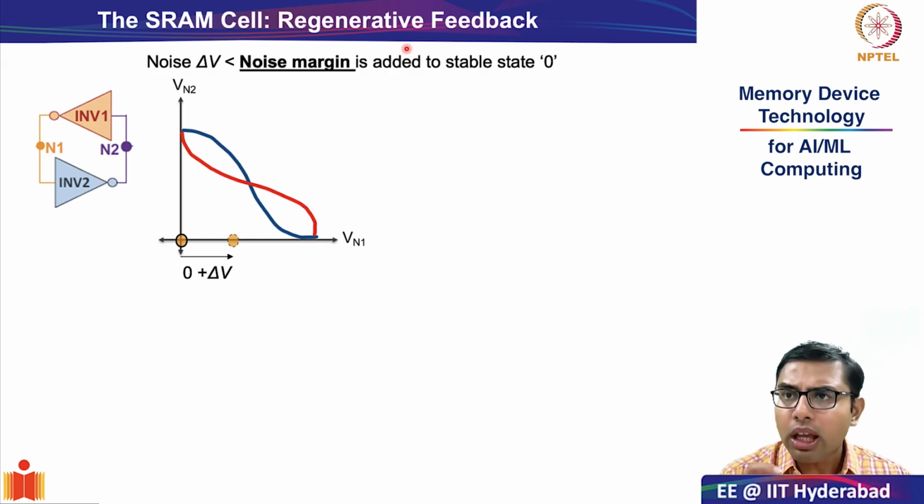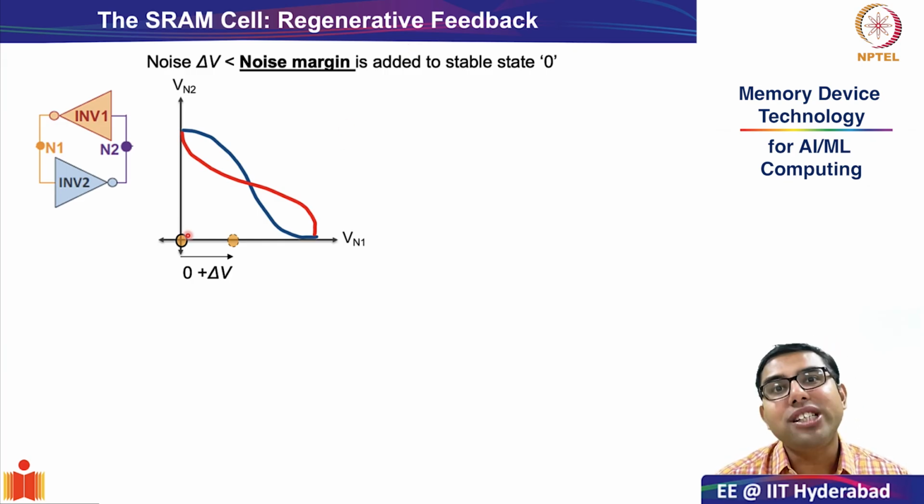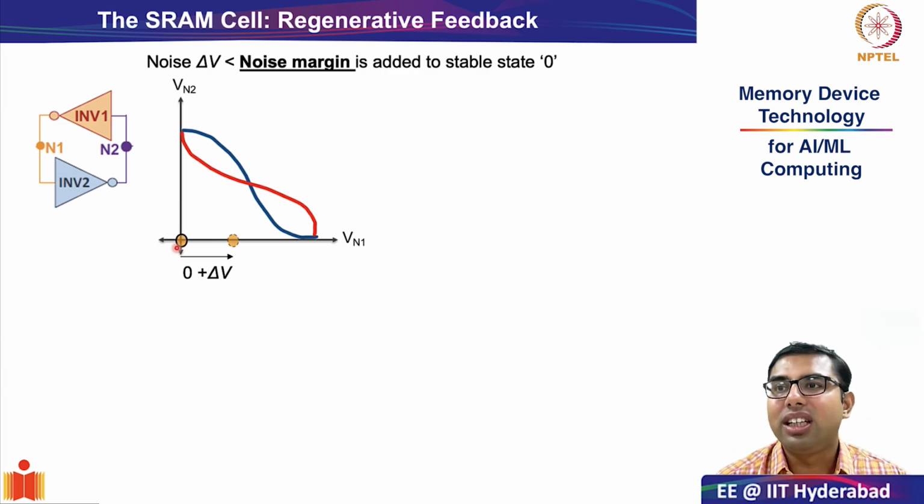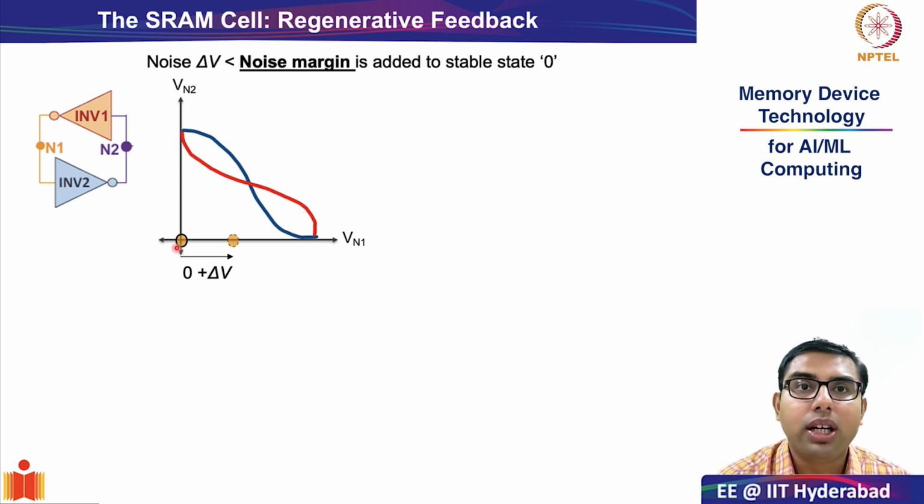state 0. Now, noise margin is a very technical term. In this case, we will say that this is a small disturbance. What is the definition of noise margin? We will see very soon, both qualitatively and quantitatively. But I am just introducing this term, which means that I am applying just enough noise such that the bit does not flip. In this kind of scenario, what happens? So let's analyze this using this inverter configuration and the butterfly loops.